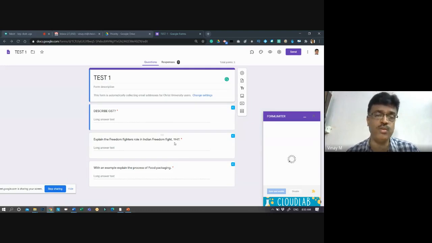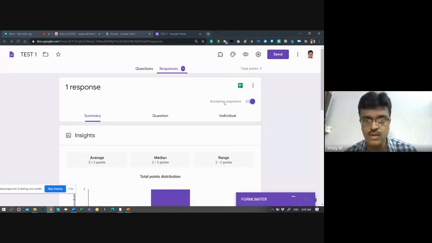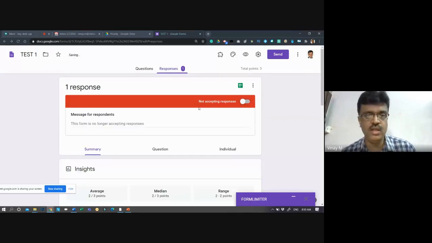Generally, this Google form is open for, once you open or give the link to the students, it is open. You can't stop it. How do you stop? Generally, I don't want to accept the answers from the users or time up. Then general method is you have to go to the responses. You can see there is one small button here, accepting responses. This is the button commonly used. This is the general method built in, available in Google Form. Clicking on responses, click on accepting responses, switch off this. Now see, not accepting responses. Even though everybody has got a link, they cannot give the response once it is closed.